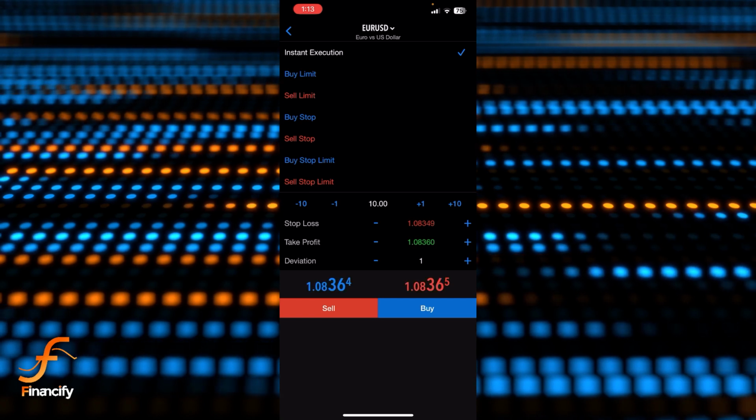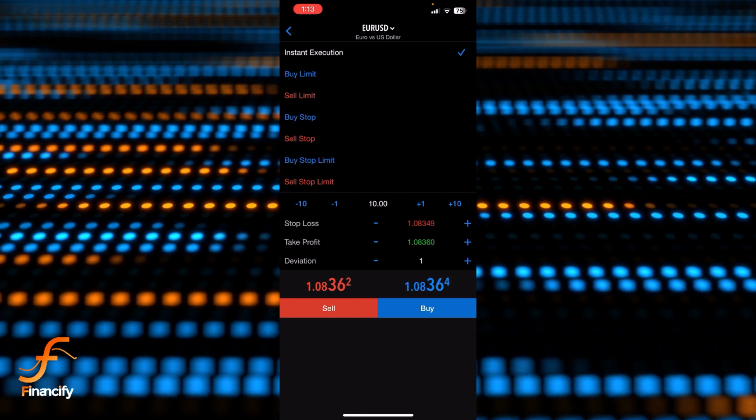So basically this is how you can activate your alert mode on MetaTrader 5, and if you still encounter any